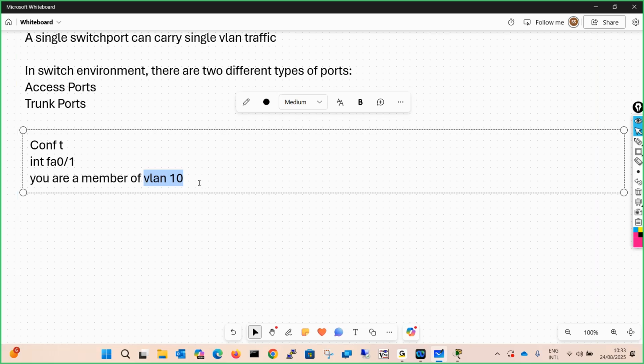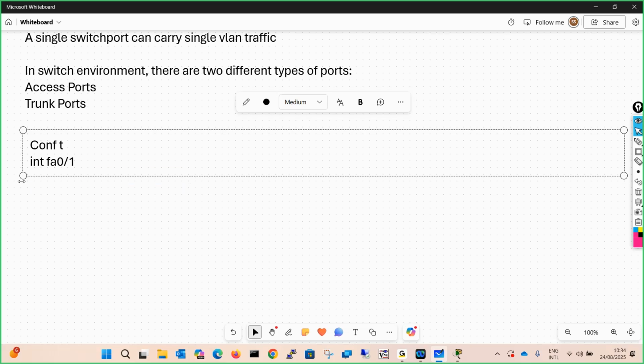Can anyone tell me, if I don't give this command, if I don't tell the switch that you are a member of VLAN 10, so if there is no VLAN membership assigned to the port, which VLAN traffic will it carry? Correct.